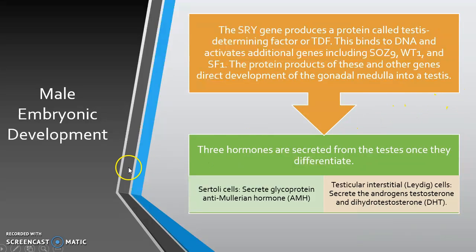Now, moving towards more of the male embryonic development, this would be after that SRY gene is present. The SRY gene will produce a protein that is called the testis-determining factor, or TDF. This will bind to DNA and activate a few additional genes. Some I have listed are SOX9, WT1, and SF1. Now, the protein products of these genes and other genes will direct the development of the gonadal medulla into an